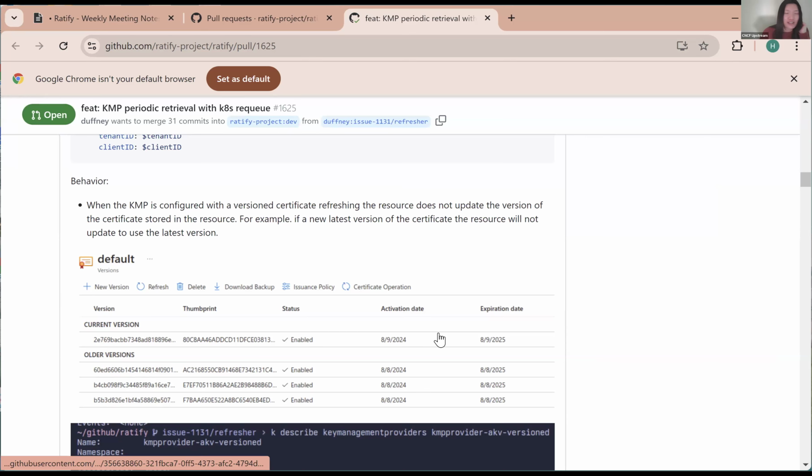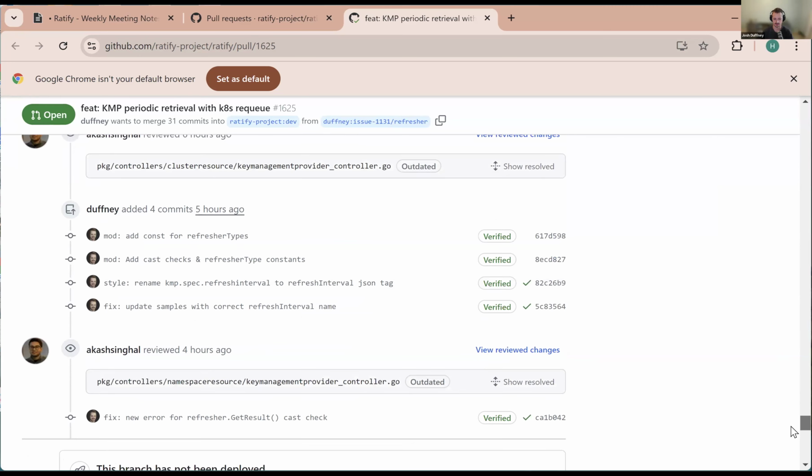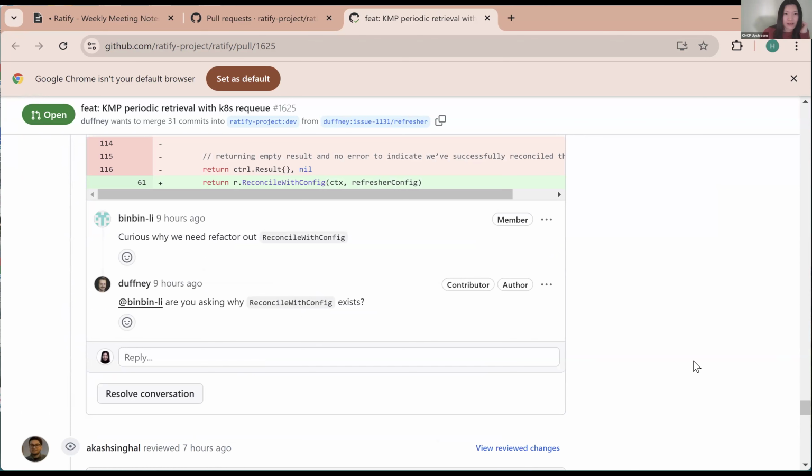So Josh, you think this is ready for another round of review? Yeah, if there are no more comments on it, I think it's ready. Nice. A lot of those can be resolved. This is the only outstanding one here, with reconcile with config. Binbin, can you clarify the question? Oh yeah, I saw this method is called by the reconcile method, so I just wonder why we have